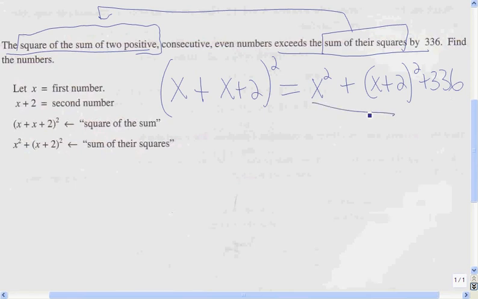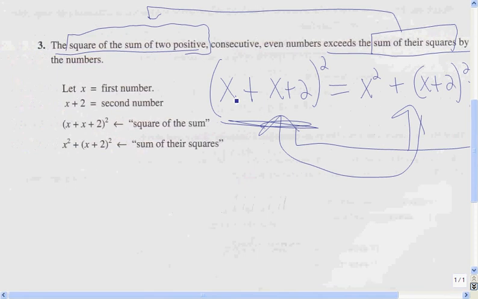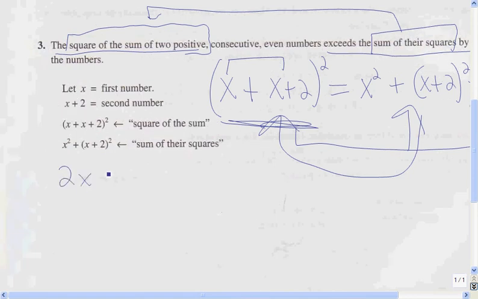this problem here is 336 more than this problem here. So to make them equal, I add 336 to this side, and then it equals this side. Right? So now I could solve it because I've got my equation. So the first thing I'm going to do is add the like terms inside this parentheses. I'm going to add the x to the x, and what I get is 2x plus 2